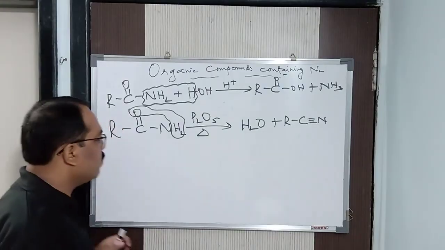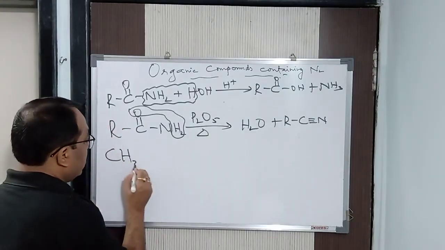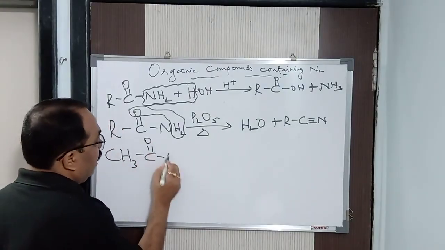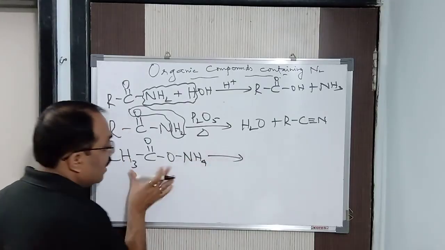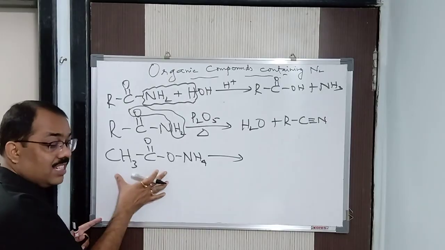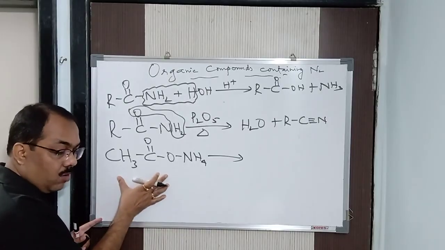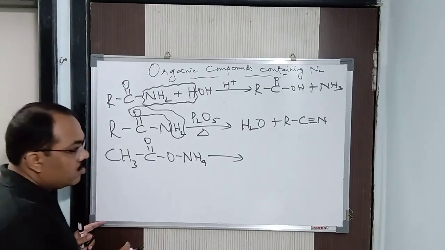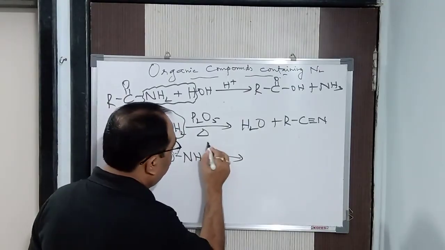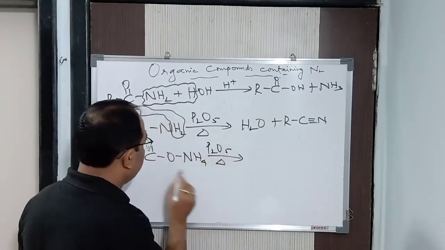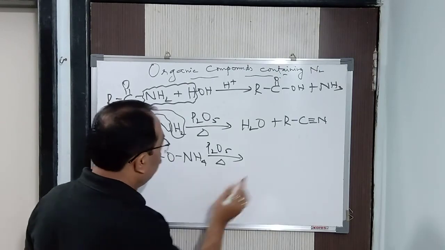Generally, we start in this particular manner. For example, we start in this way for this reaction. We take ammonium acetate, CH3COONH4. Now, this is an unstable compound. Ammonium acetate, I said, is an unstable compound, so to say. Clear? So, upon heating slightly with P2O5, what will happen is that it will give you